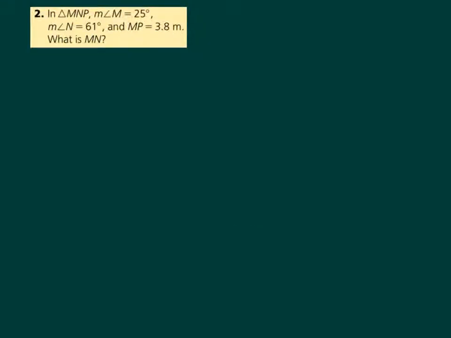In triangle MNP, the measure of angle M is 25 degrees, the measure of angle N is 61 degrees, and MP is 3.8 meters. What is MN? Here, the nicest thing to know about a problem like this is you can draw your triangle however you would like. M, N, P. The measure of angle M is 25 degrees, the measure of angle N is 61 degrees, and MP is 3.8